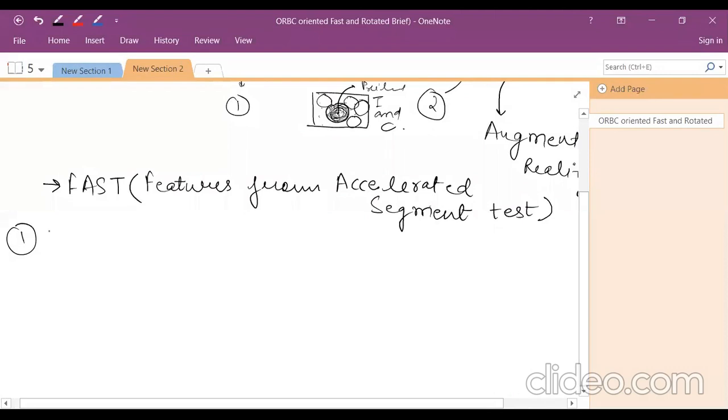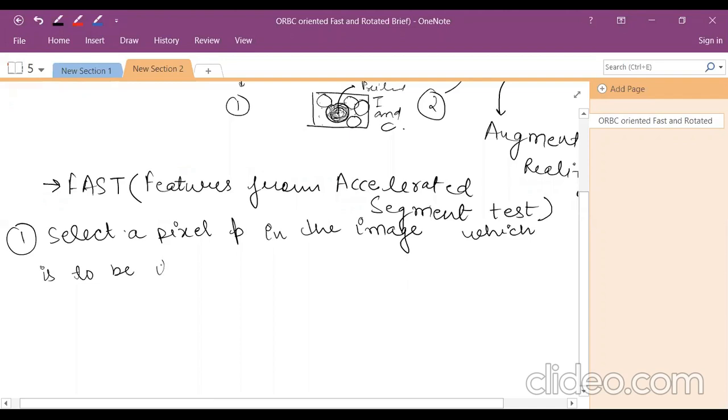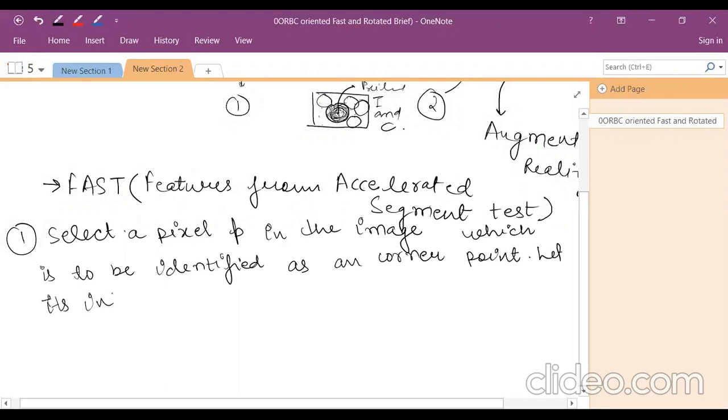So step number 1 is select a pixel P in the image which is to be identified as a corner point, let its intensity be IP.